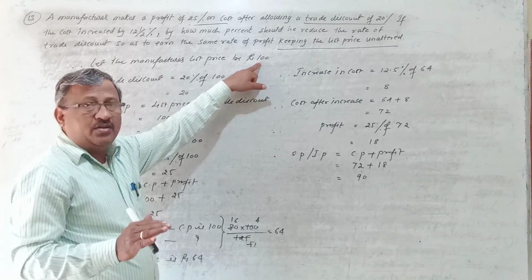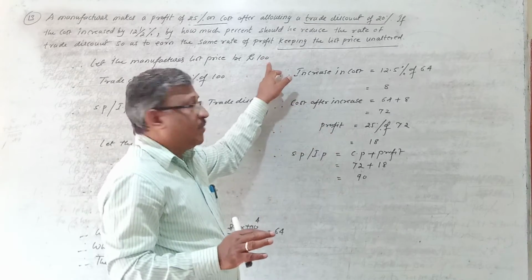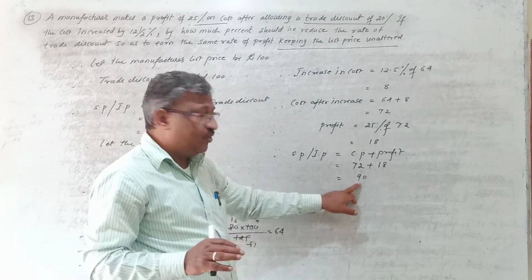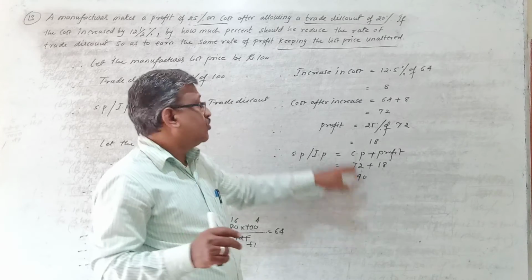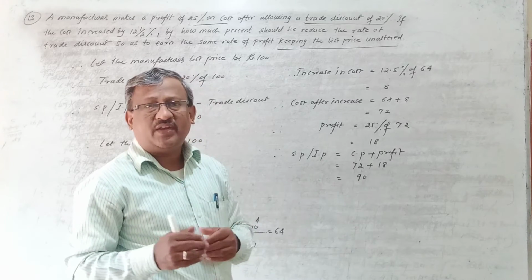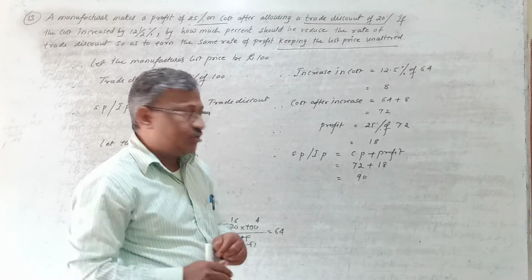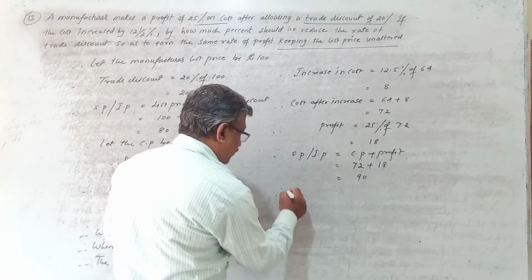So he will mark his goods for sale at 100 rupees only, and after marking the goods for sale at 100, now he is going to sell his goods at what price? At rupees 90. So goods marked at 100 rupees he is selling at 90 rupees. That means he is giving 10 rupees discount at present. So how much discount he is giving, that we can calculate, right? So now you have to find out the trade